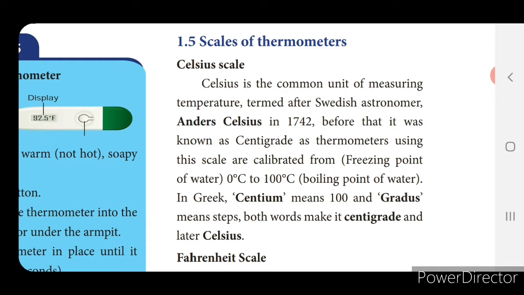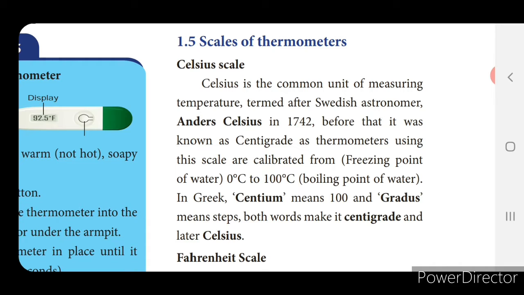After that we have seen what are all the thermometric liquids. What is meant by thermometric liquids? The liquids which are used in the thermometer, we call those thermometric liquids. Normally we are using mercury and alcohol, and why we are using mercury and alcohol, those properties also we have seen in the last class.